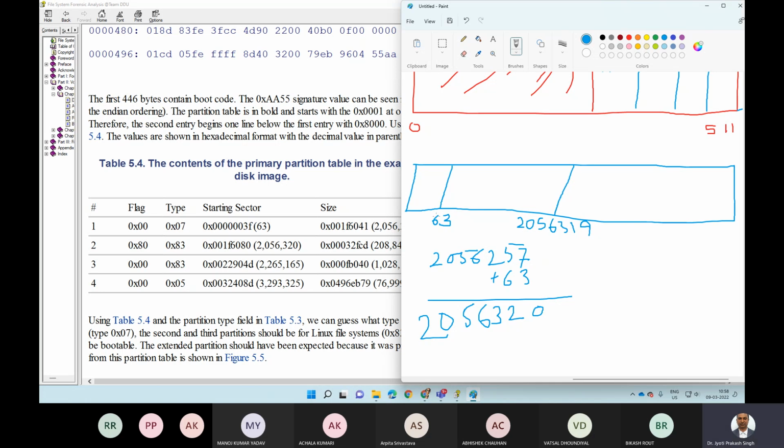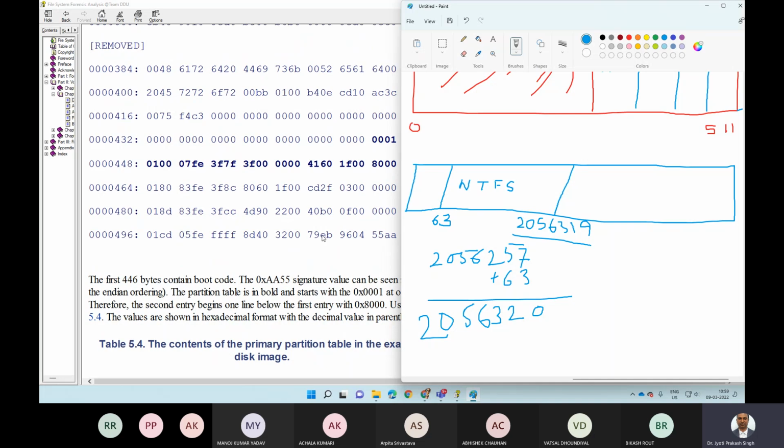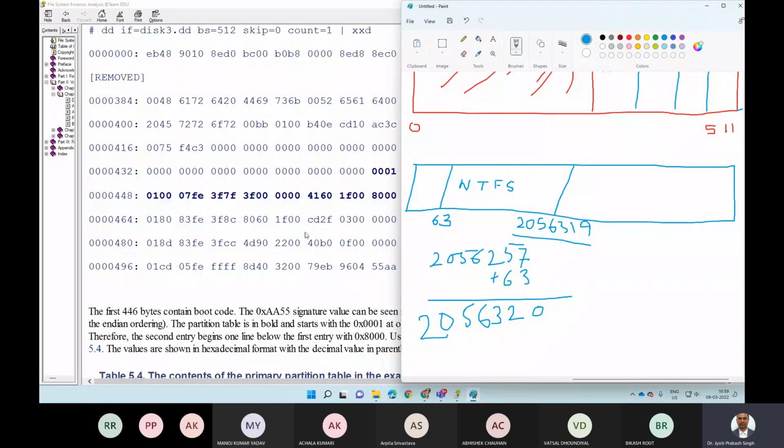एक कम से स्टार्ट होगा ना, because starting with 63 total size, so -1. So 63 is included, hence this will be -1. So this is an NTFS partition in this disk. Then if you see into the other one, अगर उसी तरह से दूसरा देखो